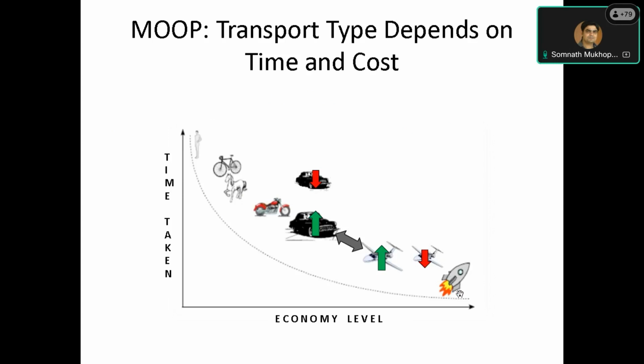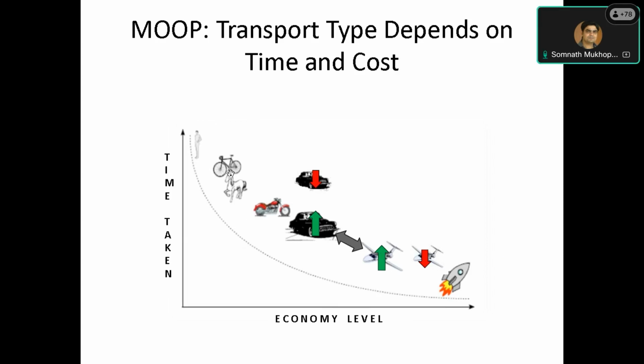So on the x-axis there are some transport types, and on the y-axis there is the time taken. Starting from one person standing to a rocket, their economy level is different. If we go somewhere by walking, then there is hardly any cost involved. But if we use a cycle, then there will be some cost involved, and more cost using a horse,